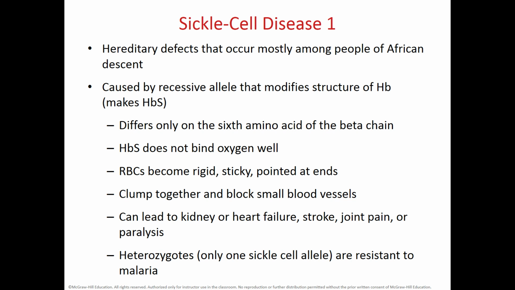Whenever someone has a mutation in this hemoglobin, because it has sickle cell, the hemoglobin doesn't bind oxygen well. This mutated hemoglobin is now called HbS, or hemoglobin sickle cell. The red blood cells in a person who has sickle cell disease are not as flexible, so they are rigid, and they will not have the circular shape of a disc. It will have an elongated shape that ends in points or